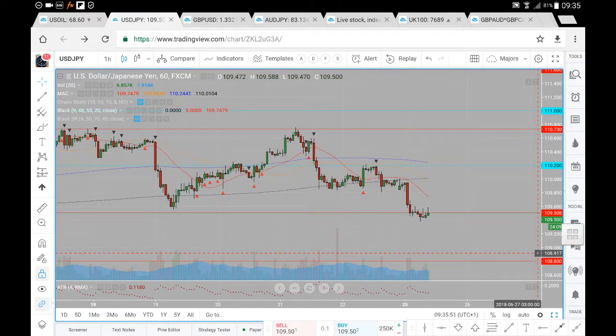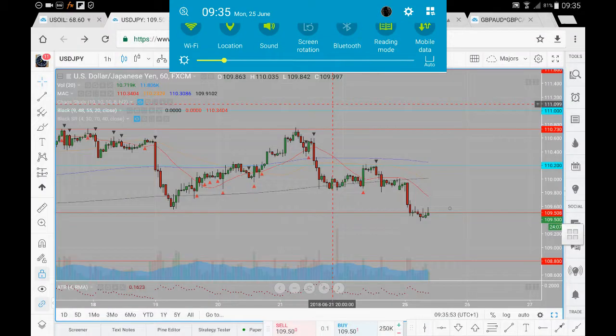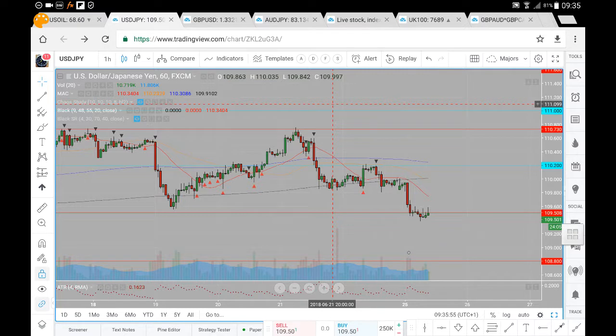So this is US dollar Japanese yen analysis for Monday 25th of June. Now let's just have a look at the prices and where prices may likely go. So previously we had prices test the 107.30 for a perfect test, from which we have seen the sell side